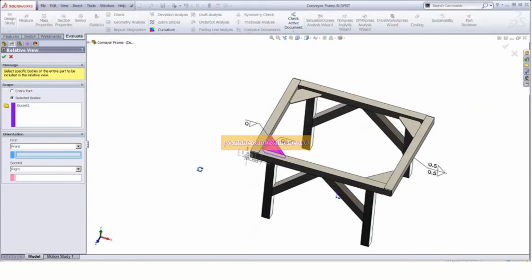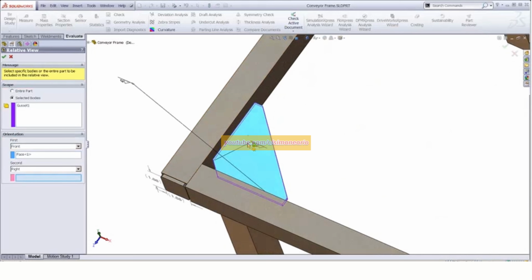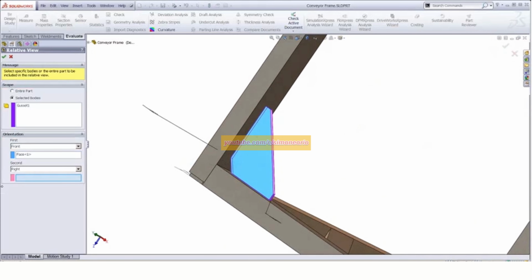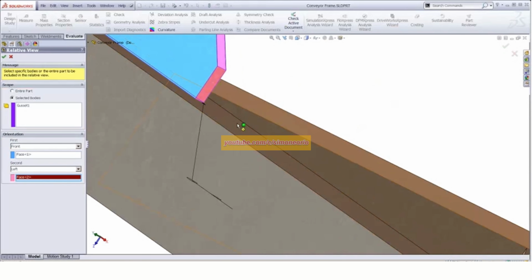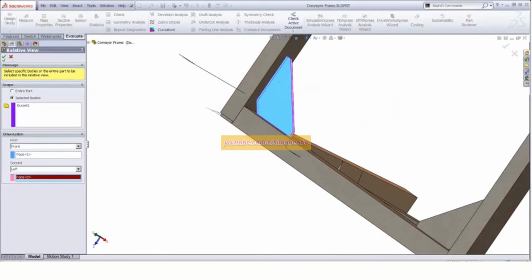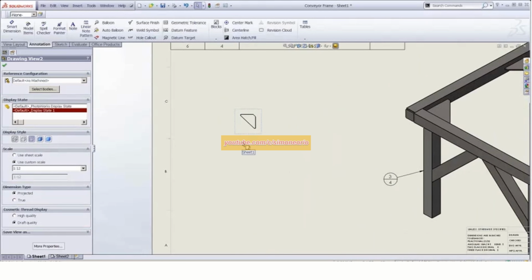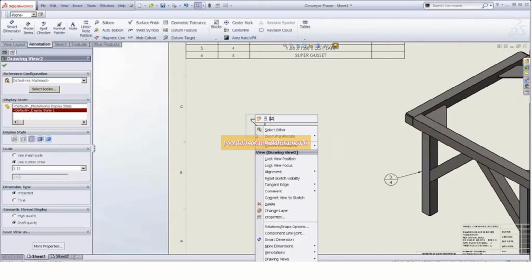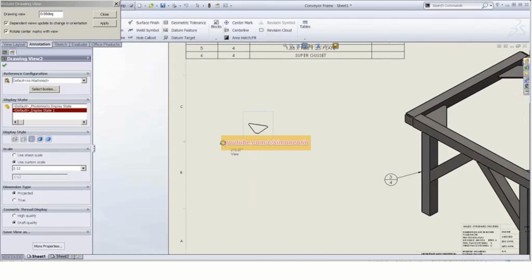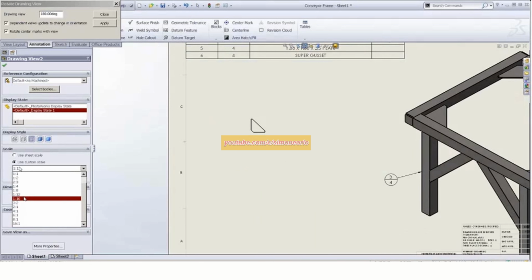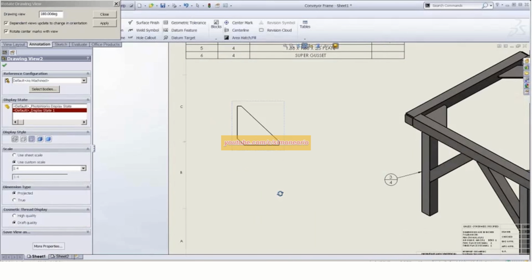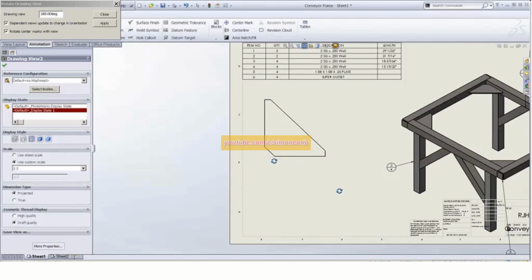Okay, and what do I want to show as the front view? And we can say, well, again, a left side, this little face. So once I pick that, I can hit OK. And there's my view of just that particular part. Now, you can right-click here. Oops, it's upside down. I could rotate this view. Okay, so it sits up. I can play with the scaling here so it's really blown up.